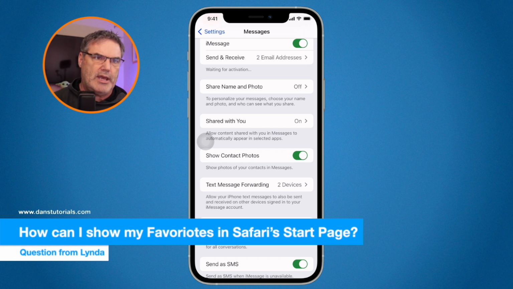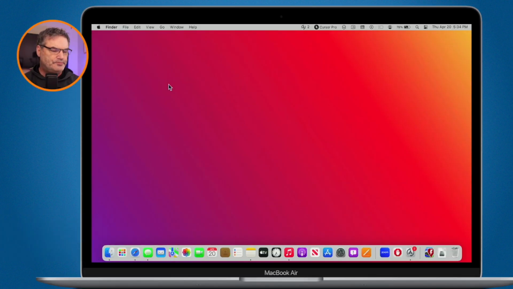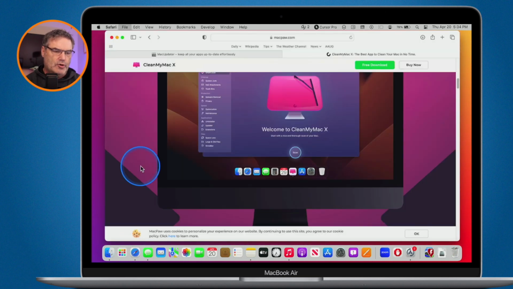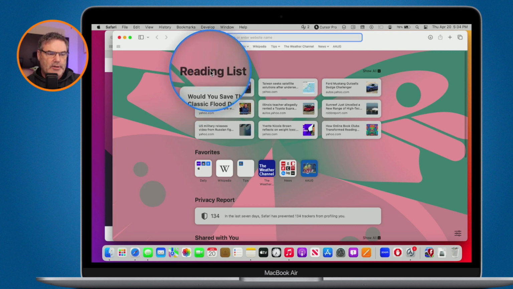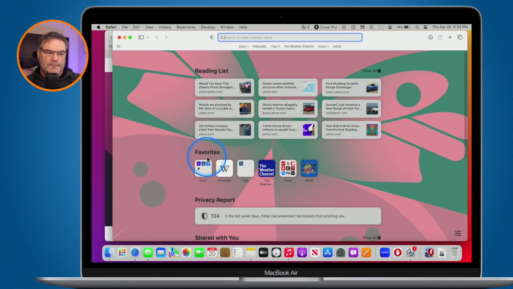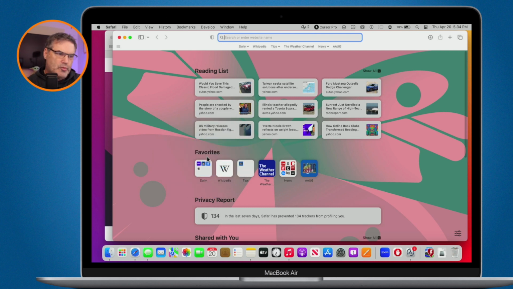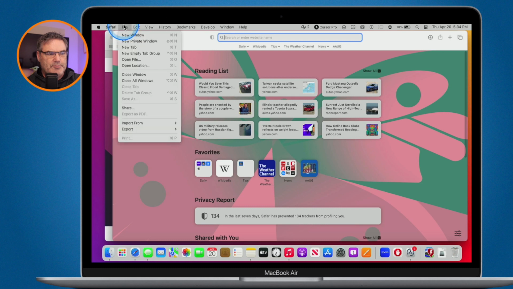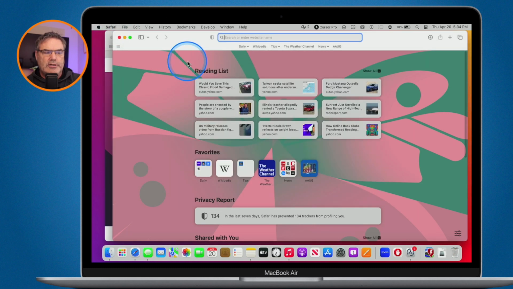So I'm going to go to my MacBook Air here, and I misspelled favorites there. When we open up a new start page, so I'm going to open up a new page, you're going to see that I have my reading list here, and then I also have my favorites. This is what she is missing. This used to show on her start page, her favorites here, and now it's no longer showing. So she went into her Safari preferences and settings, and tried to find it and just couldn't find where you need to go.